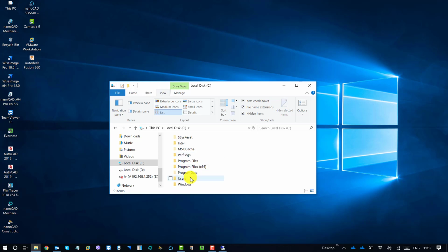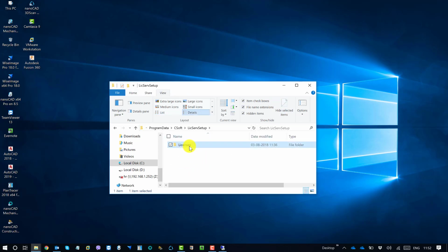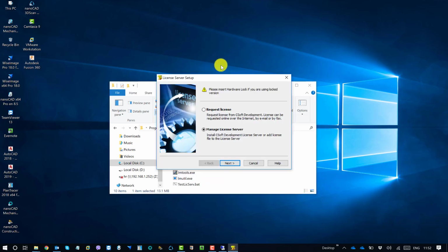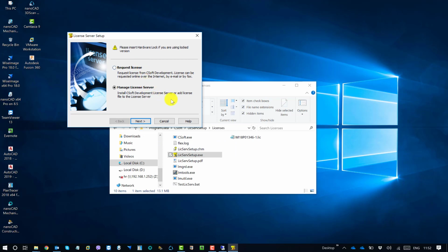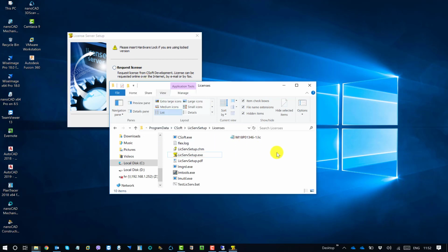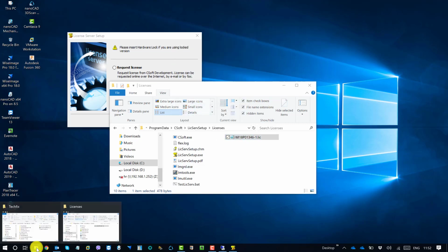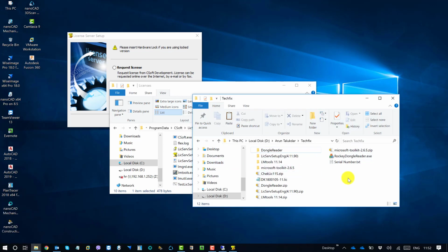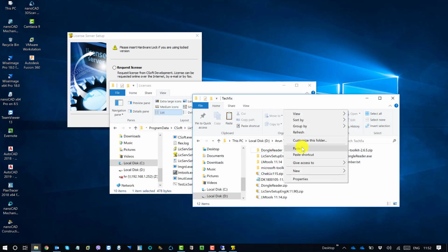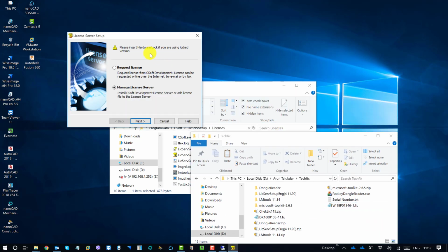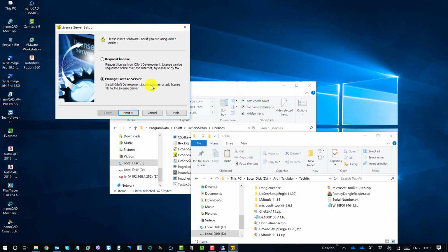C drive and find the license setup directory, and what we want to do is to remove the license server now. So we know that we have a license file. This is our license file, so we can copy the license file and keep it somewhere in this folder. So basically this is my license file, and to remove the license server, we need to